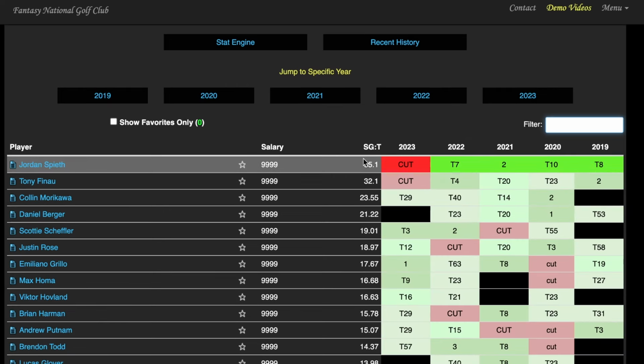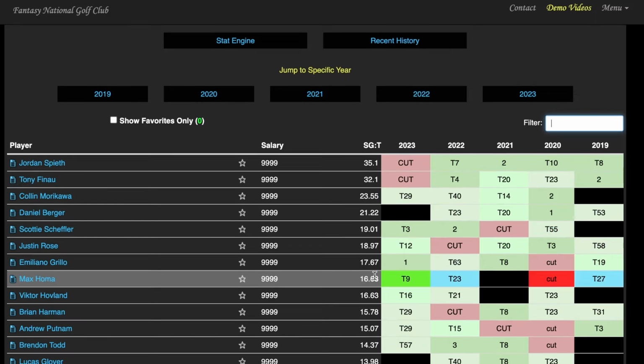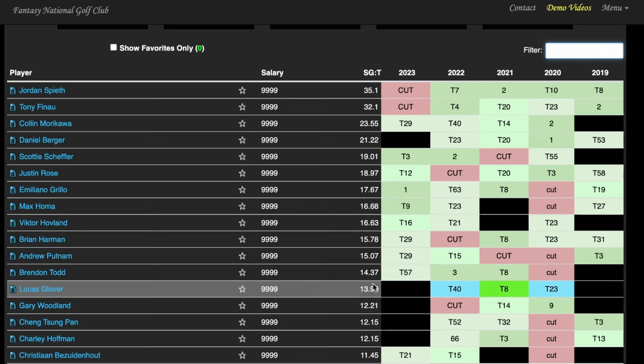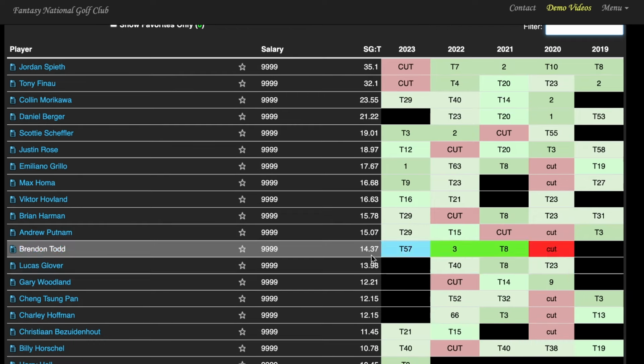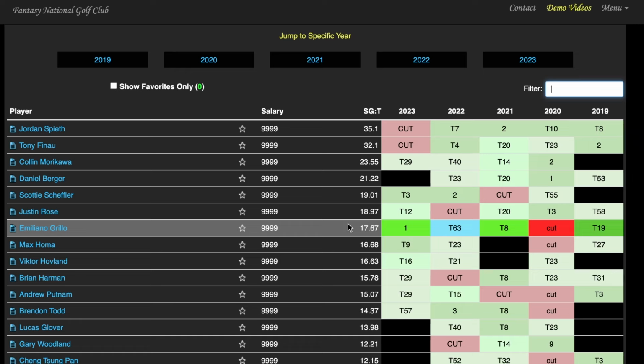Best players at this tournament over the past 5 years in terms of strokes gained total: Spieth, Finau, Morikawa, Hauser-Berger, Scheffler, Rose, Griot, Homa, Victor Hovland, Brian Herman, Andrew Putnam, Brennan Todd, The Glove. Should be a good Glover course. I just don't know if he putts enough to be able to do it. Either way, you can see this tournament actually has names in it, which is very surprising considering it probably means